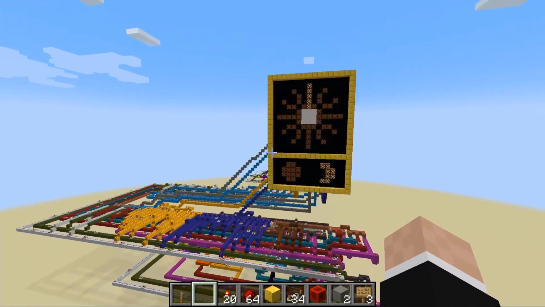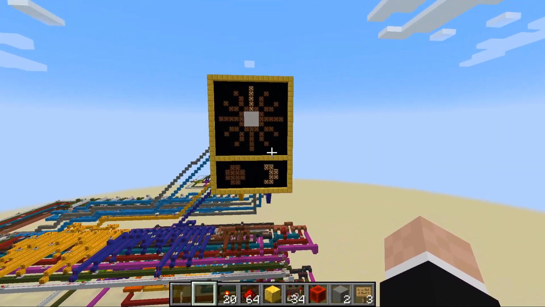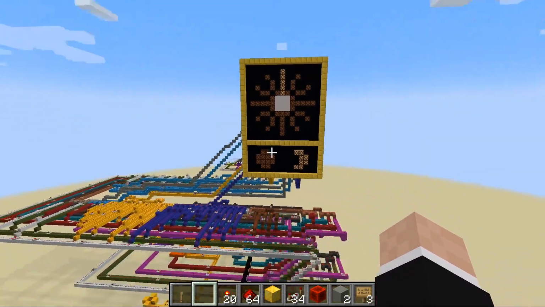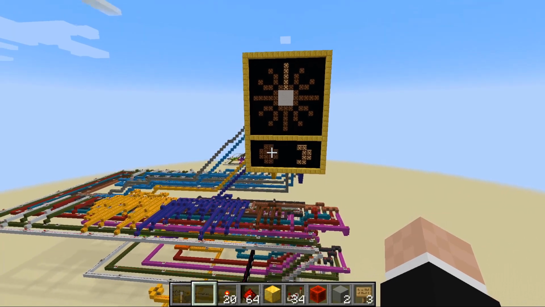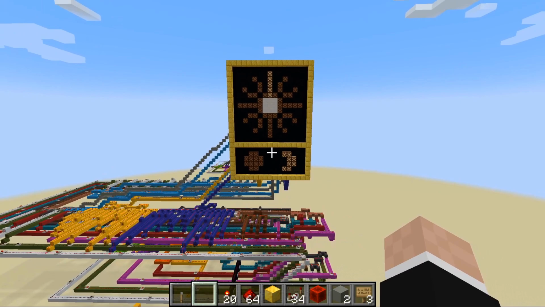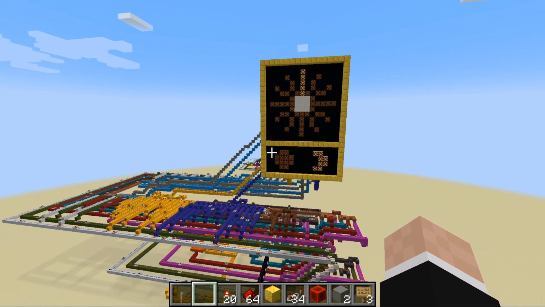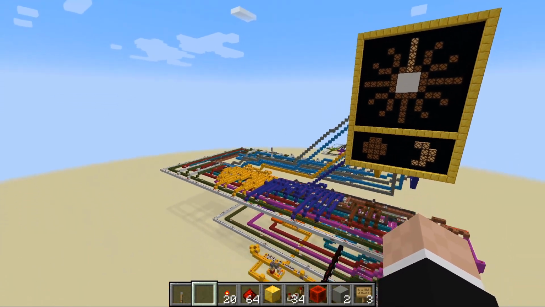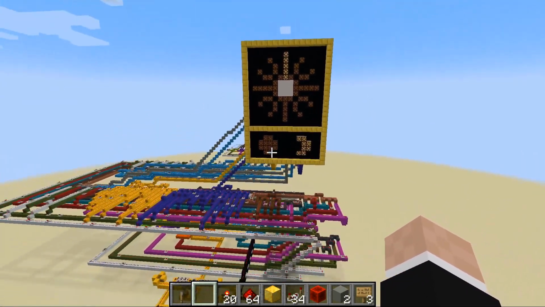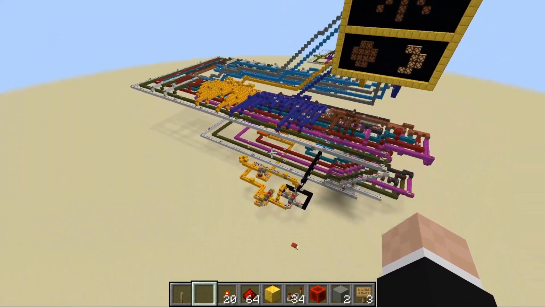In this episode, we'll build a clock that displays the in-game time. There are 20 minutes in a day in Minecraft, 10 minutes of daytime, and 10 minutes of nighttime. This means that 1 hour in the Minecraft world is 50 seconds in the real world. Because day and night are the same length in Minecraft, we'll say that sunrise happens at 7 AM and sunset occurs at 7 PM, and our clock will reset at 7 AM every morning